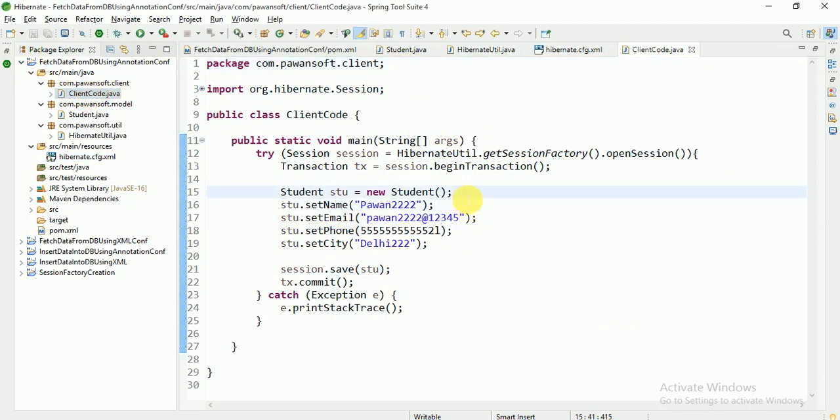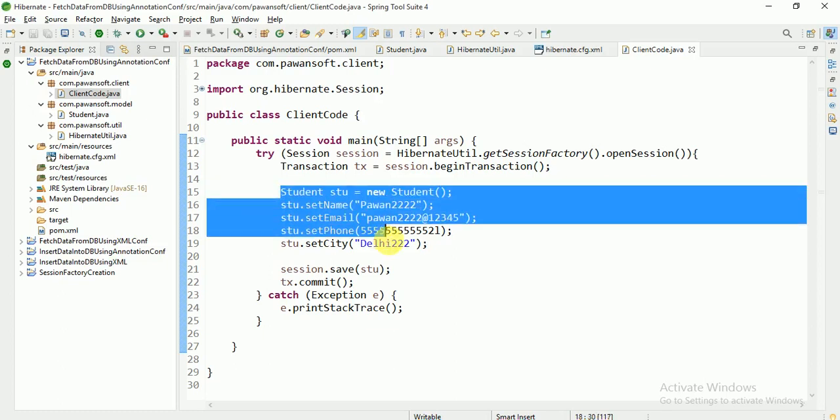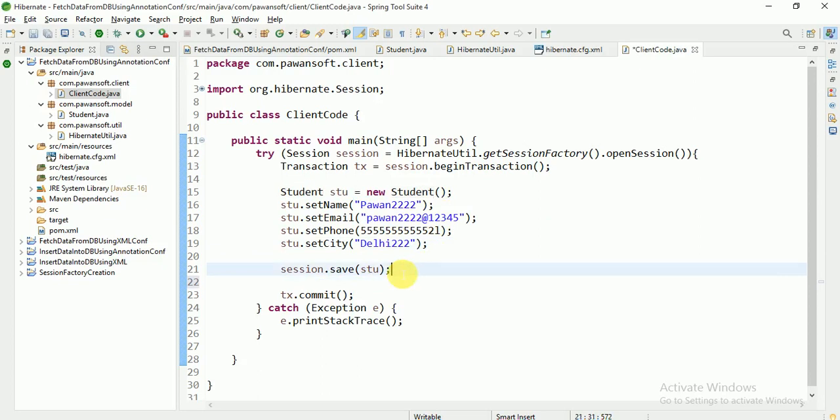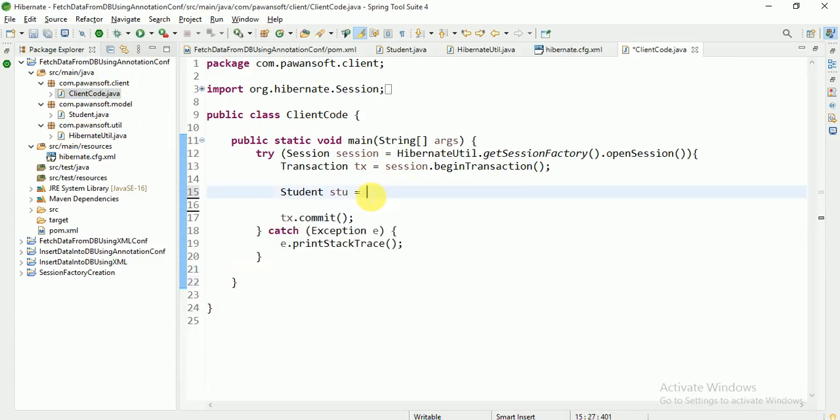So here I don't want to save the data, I want to fetch the data. If you didn't watch my previous video on how to save the data, you can go and watch it. Here I'm not going to save the data, I want to fetch the data.